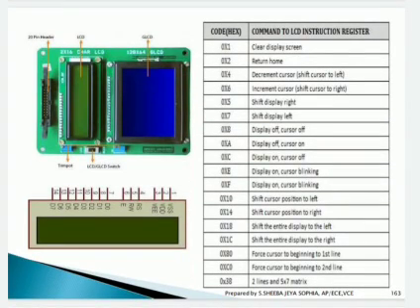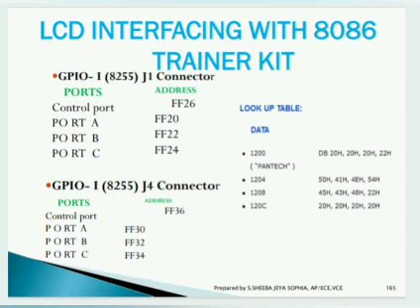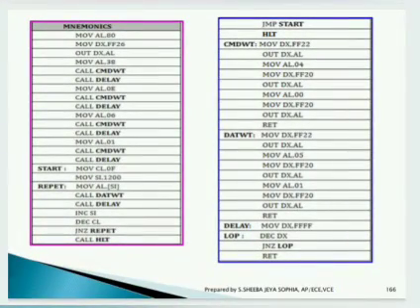So this LCD interfacing with 8086 programming is given here. You will be using the corresponding ports, port A, port B, port C of 8255, with a bus connector for communicating, and this is the program of this LCD display. First, I need to give the input, what data I am going to display. After that I will store the data in the corresponding register. I will call the delay for the time duration I need to display my data, and after the delay is completed, the loop starts executing again. So this is the real-time example of LCD interfacing.